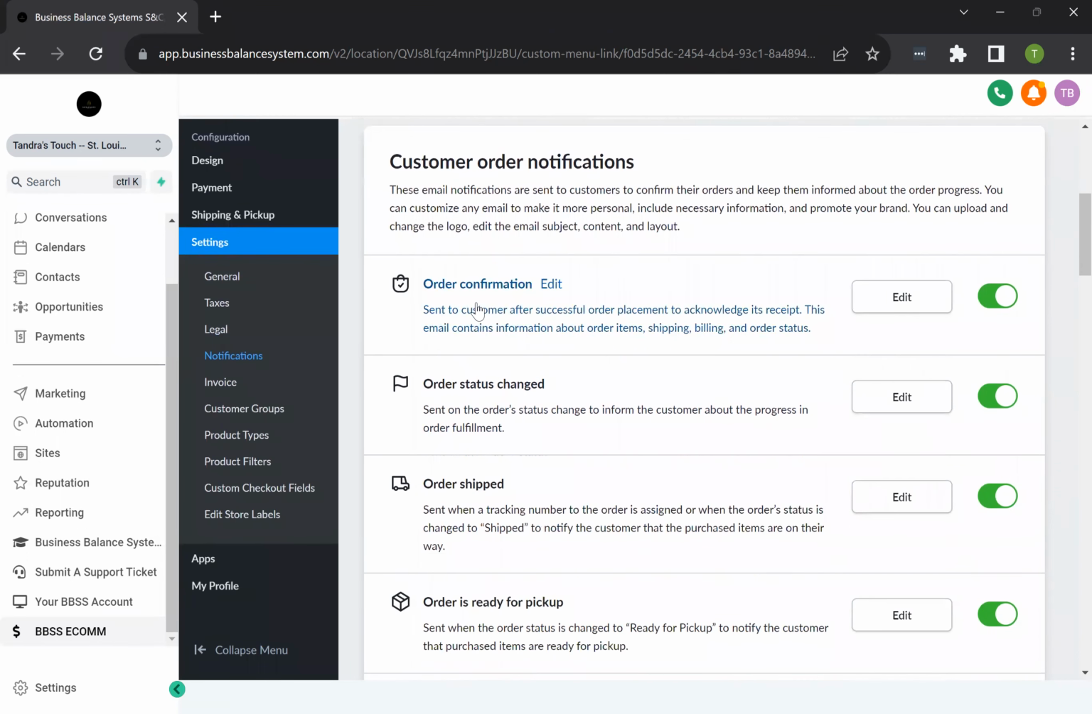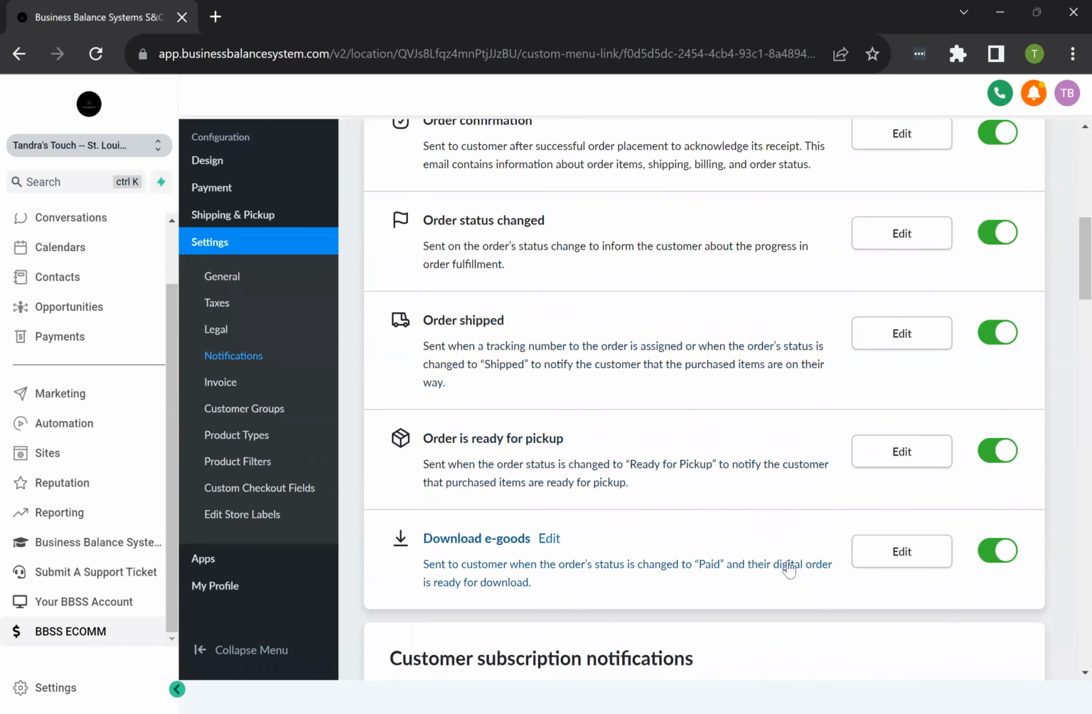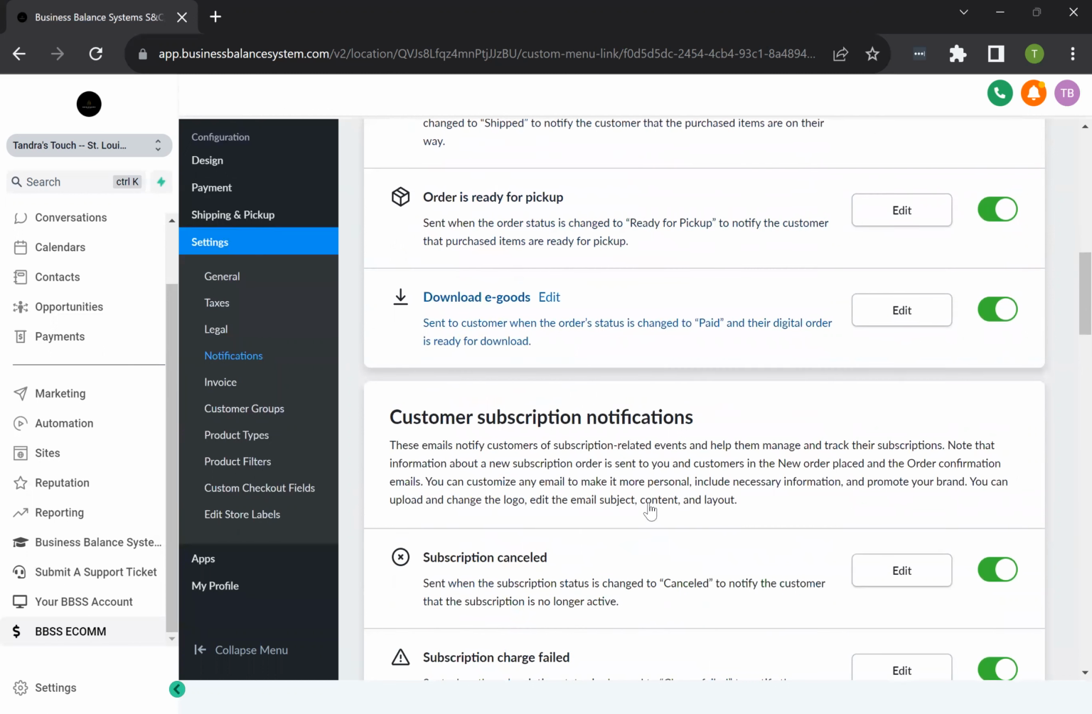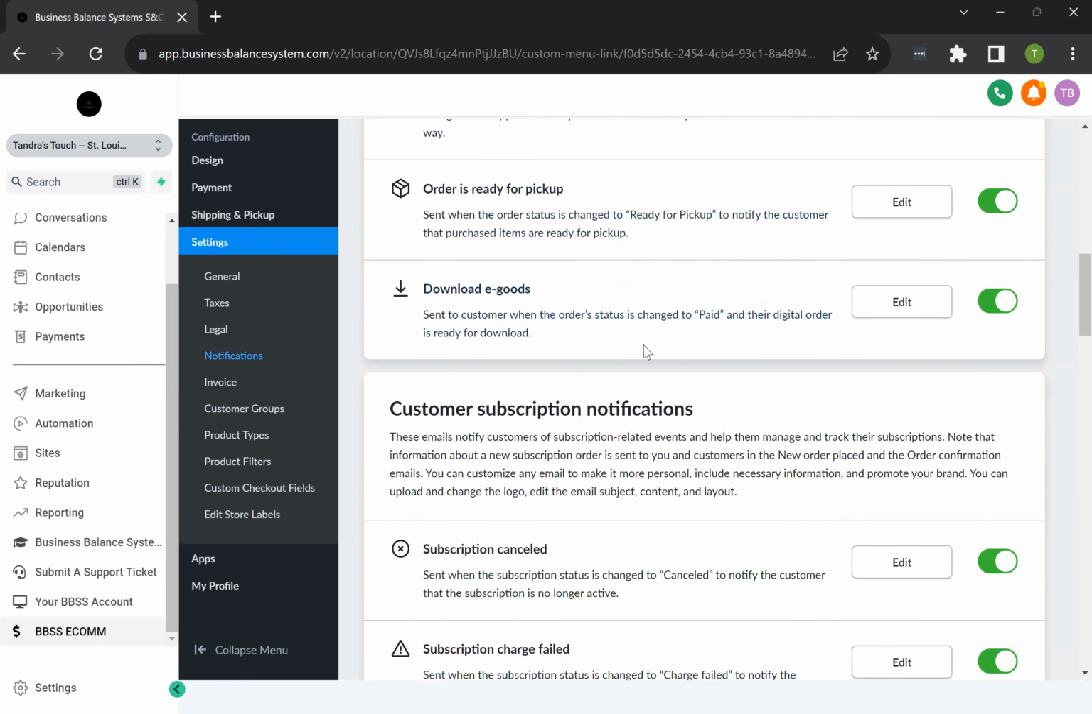If you see here, if you don't want them to get an order confirmation, or you don't want them to know about a change in their order status or anything like that, you'll want to disable these things, but I don't know why. I just wanted to let you know you can sell